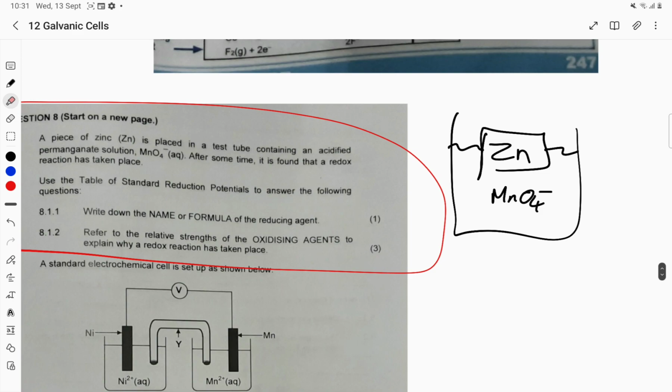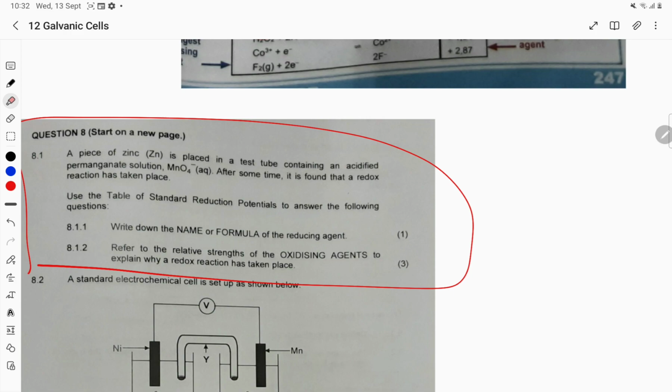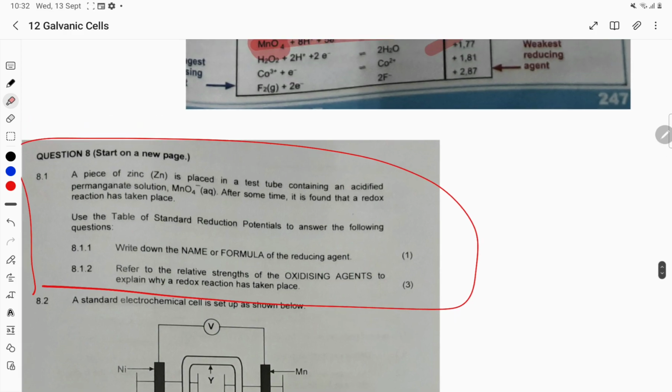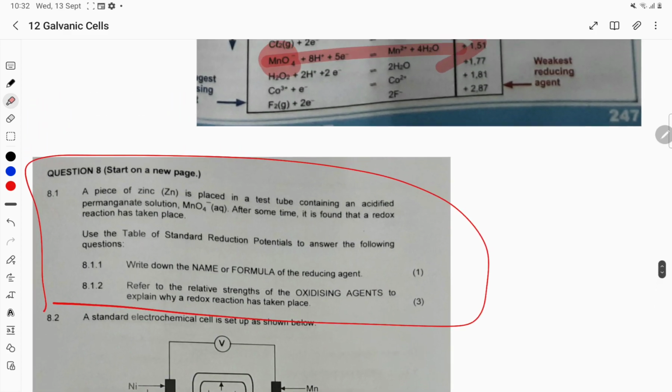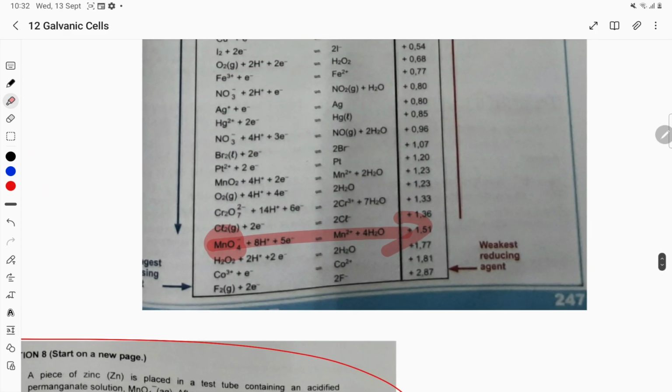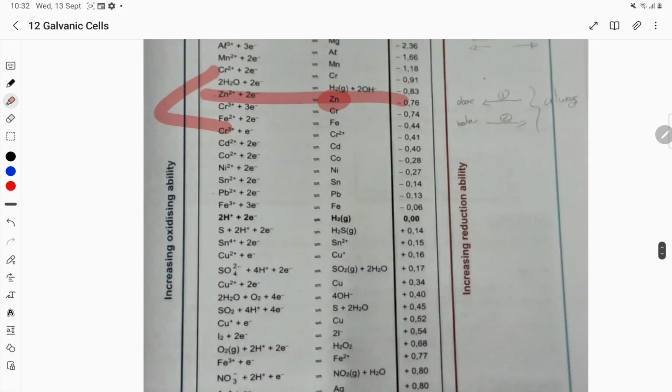8.1.2, refer to the relative strengths of oxidizing agents to explain why a redox reaction takes place. This is what I was talking about earlier. They'll like to ask this type of thing, but it's quite simple. We take a look at which one is the stronger oxidizing agent. So taking a look at this table, the weaker reducing agent is at the bottom, and the stronger oxidizing agent is at the bottom, right? So which of these two,